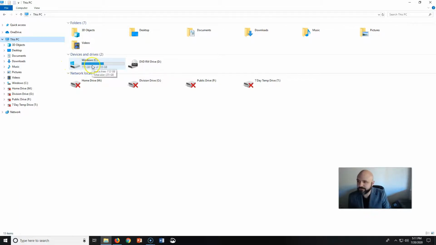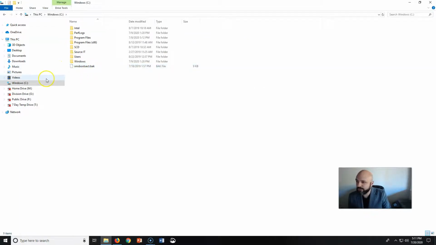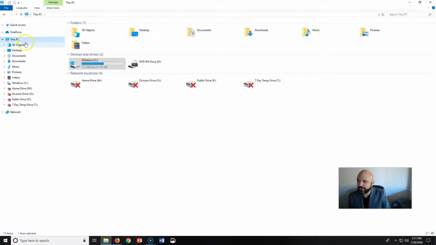So let's go ahead and double click on that. Notice on the left side, it jumps down here to the Windows C drive, and I see the folders contained in my Windows drive. I'm going to go back to This PC by left clicking This PC. I'm going to get here a different way. I'm going to click the little caret by Windows. It points at that Windows folder, and when I click it, it's going to point down as it opens up to show all the folders that are contained here.